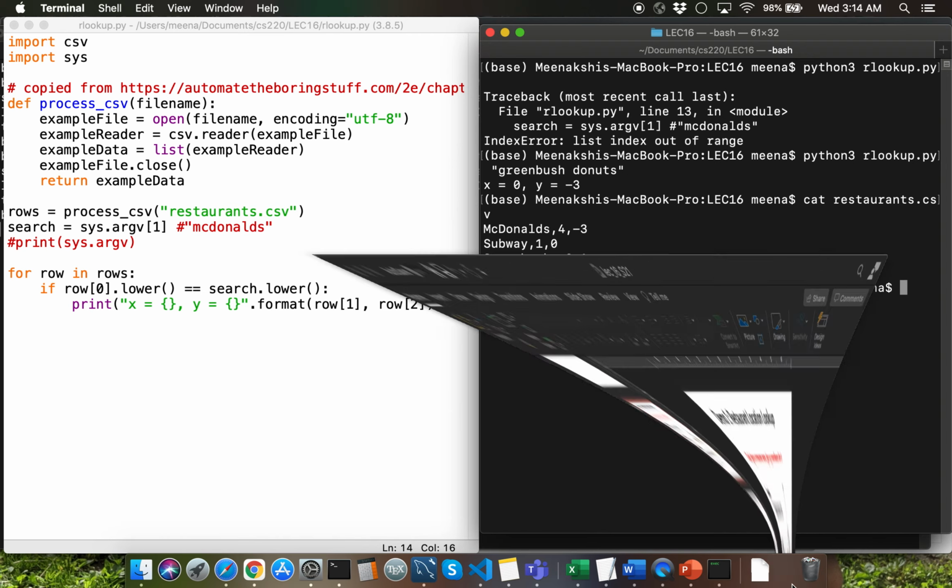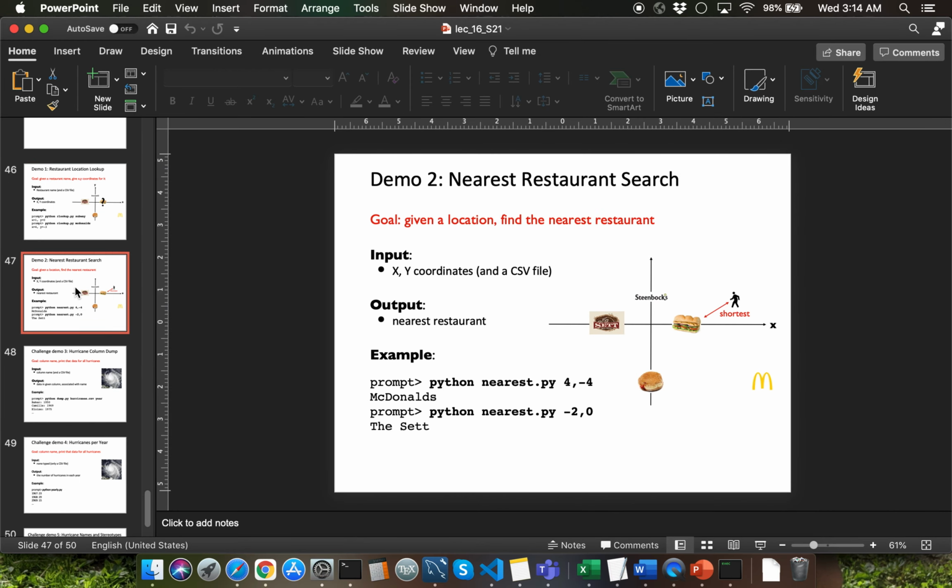Let me switch to the slide deck. I'm going to talk about improvements to this demo problem. Wouldn't it be nicer if we can get the human x and y coordinate locations in order to find the nearest restaurant in terms of the shortest distance between the human and these favorite restaurants around the computer sciences department?